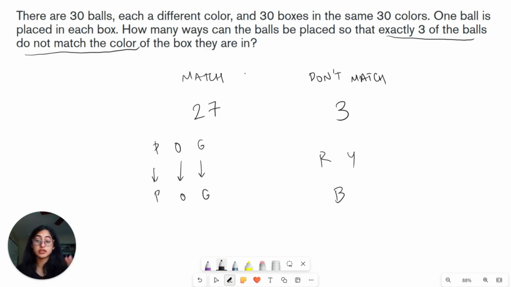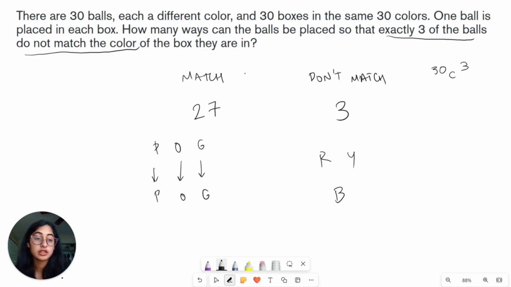But first, our first step is how many ways can we pick 3 different colors for the ones that don't match? Because we don't have to pick red, yellow, and blue. We could pick pink instead of blue or green instead of yellow. We just need to figure out how many ways we can pick 3 balls out of those 30. From the way the name suggests, we're choosing 3 balls out of those 30, so we're going to be using the choose function. So we're going to be doing 30 choose 3, sorry, because we're picking 3 out of those 30,